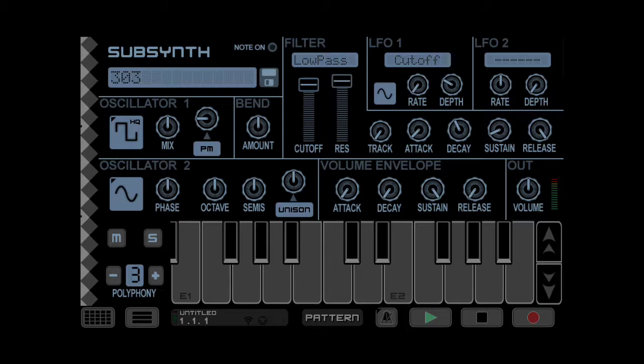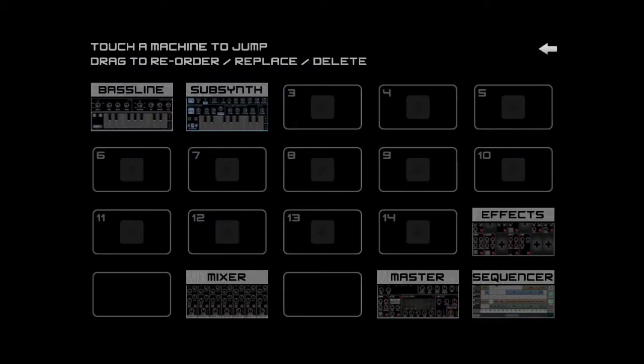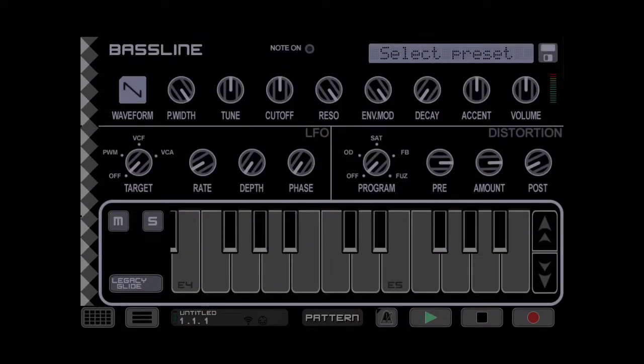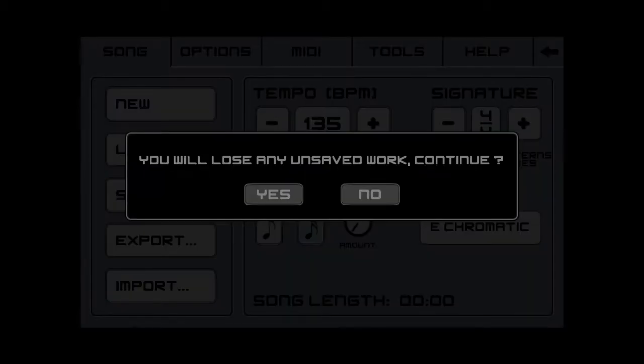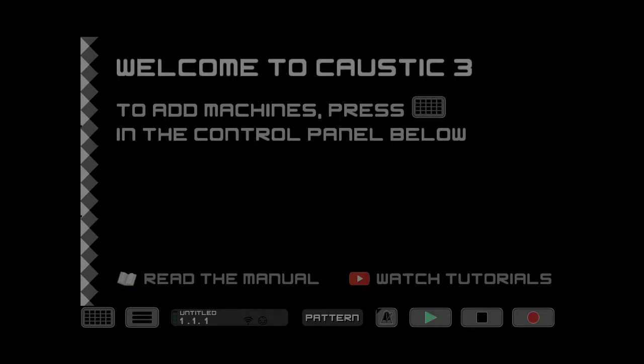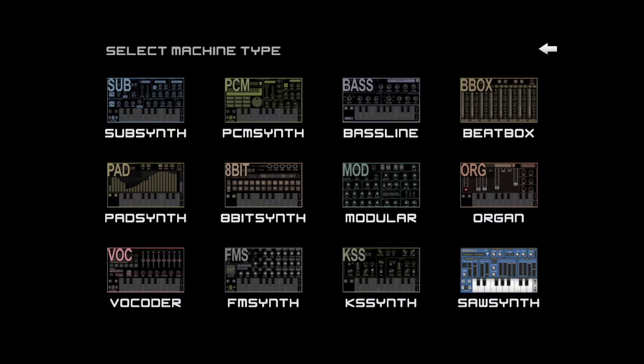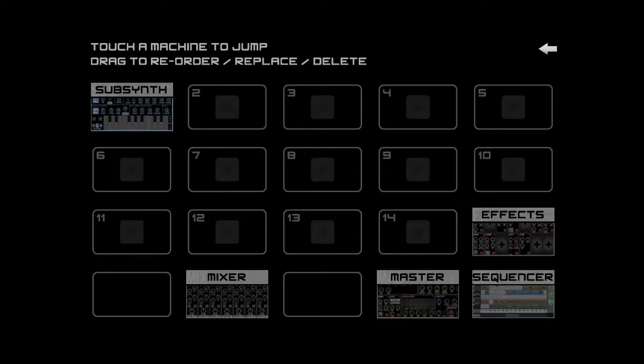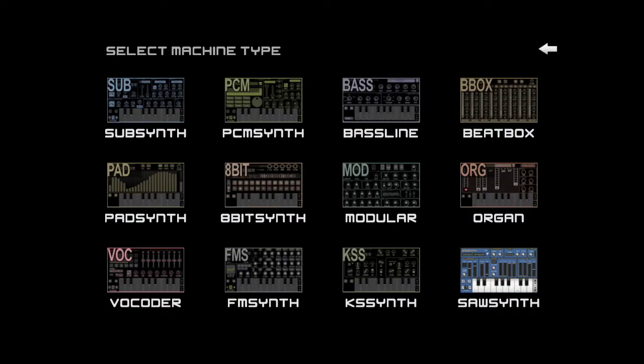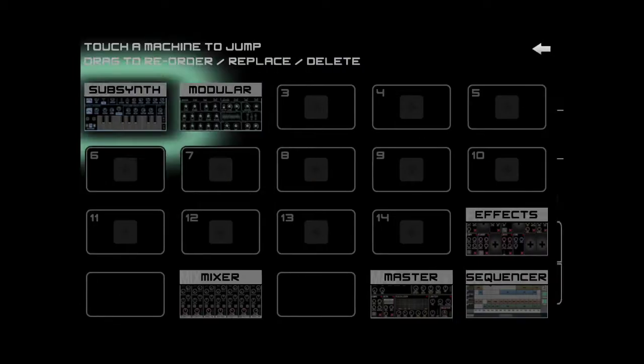And as you see, we are using the subsynth, not the bass line, although the bass line is inspired by the 303 itself and has about the same layout and interface. So we're going to do this using one subsynth, but then we're also later going to do this using a modular. So getting back to the subsynth first,